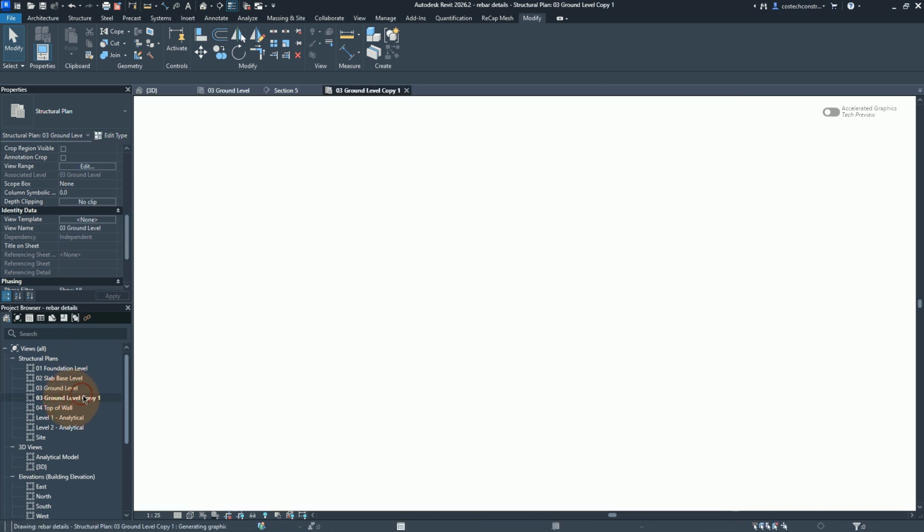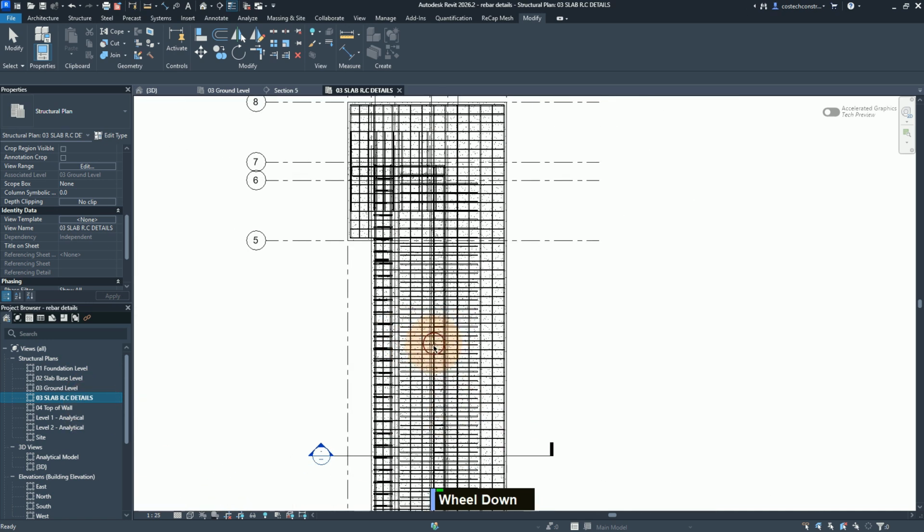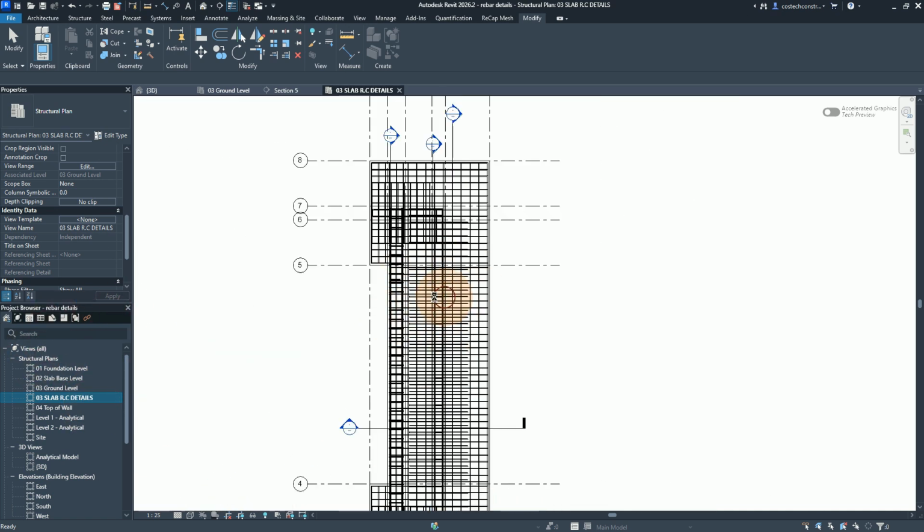We can select on the plan view name once, then click once again, and this will enable us to rename this view. So we can rename it as 03 Slab RC Details. Then hit enter. Now for this one, we can start by having a view that will only be able to